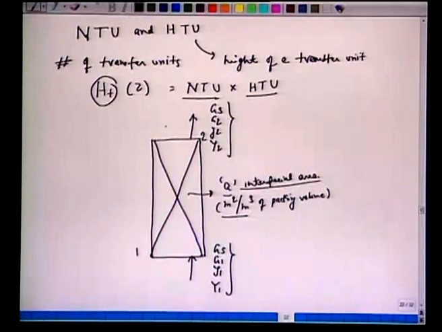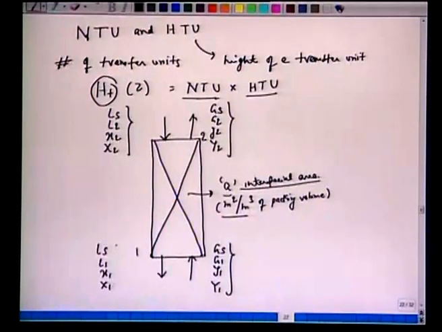To treat this, we have been given the liquid which has a flow rate Ls. Notice there is no subscript. We have L2, we have x2, we have capital X2. And this liquid which trickles out, which flows out from here, has Ls. Notice there is no subscript with Ls. We have L1, we have x1 and we have capital X1. And all these flow rates can be in moles per second, or one can also have kg per second if you multiply with the molecular weight.